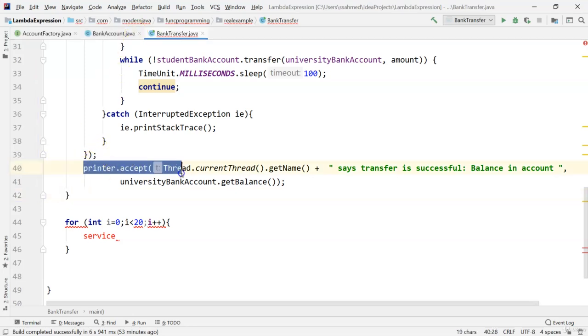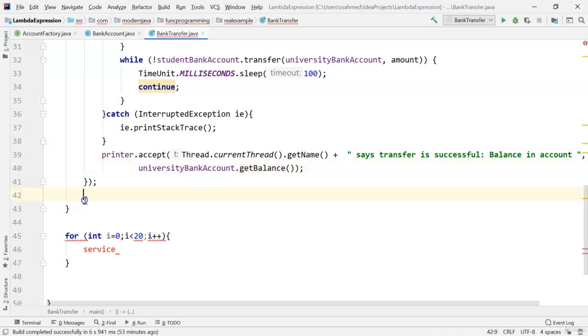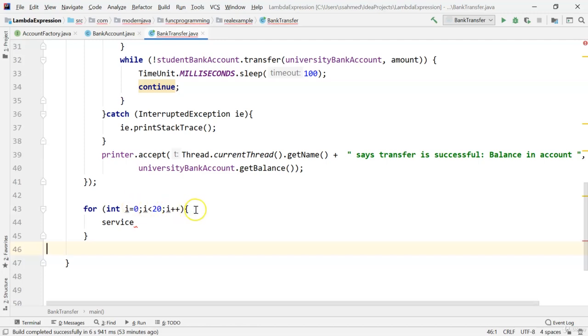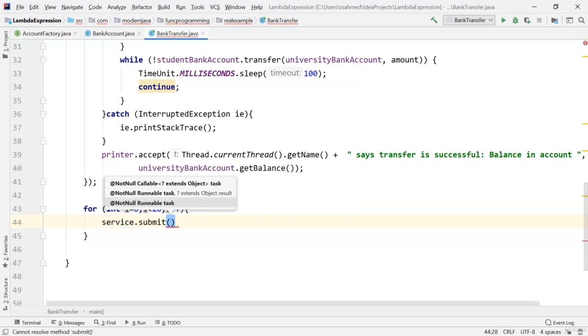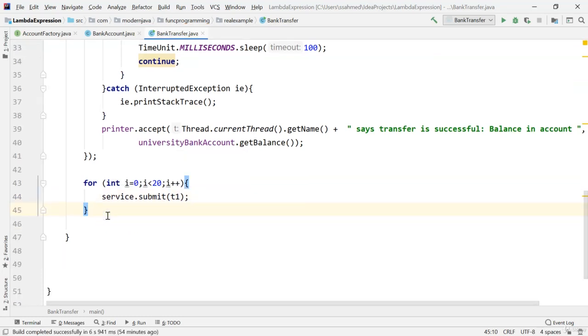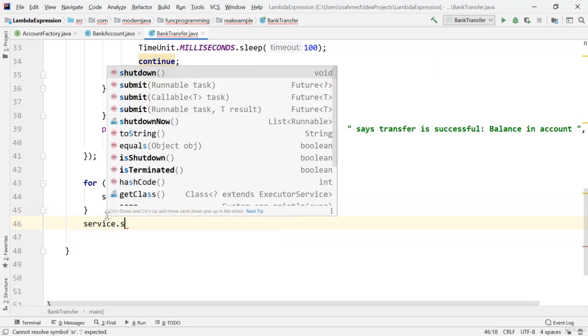So what we need to do is move this inside, it should be inside over here. Okay, for integer i is equal to 0, i is less than 20, i plus plus, service dot submit t, the thread. So we are submitting thread t1 to it 20 times. Now service dot shutdown,